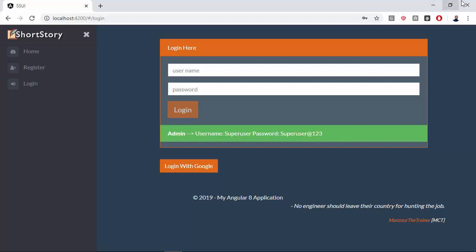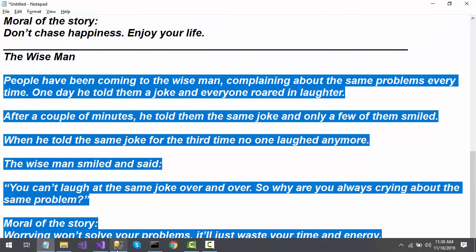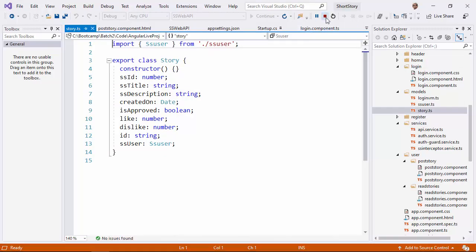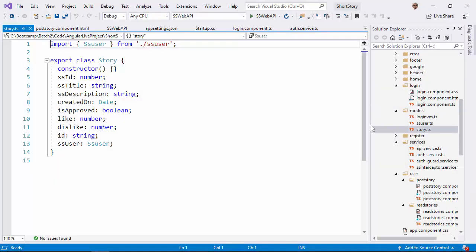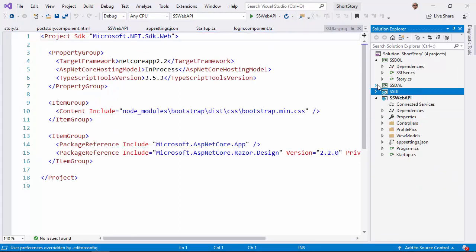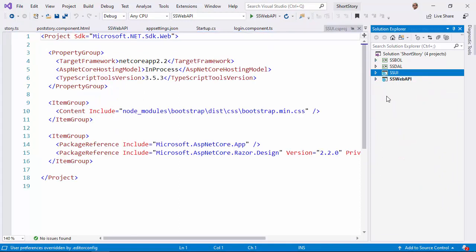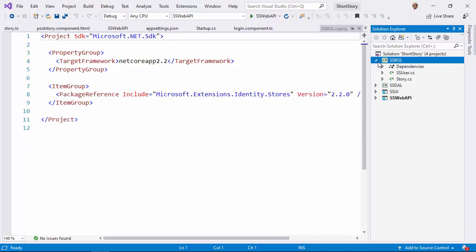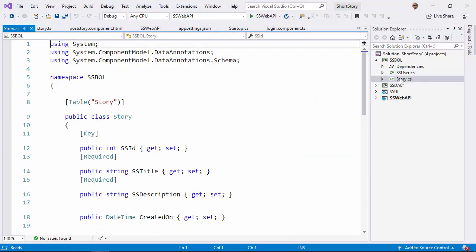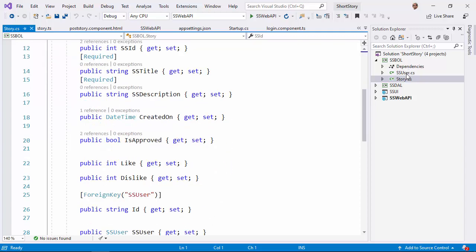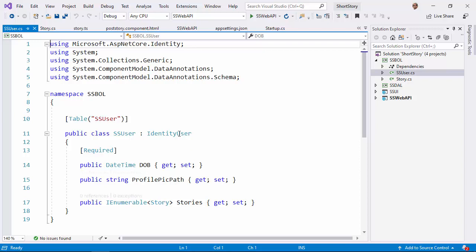Now if we look at our code, I have tried to divide this project into 4 layers. Our business object layer is your plain old CLR objects, and we are going to use identity user, ASP.NET Core identity for user management.